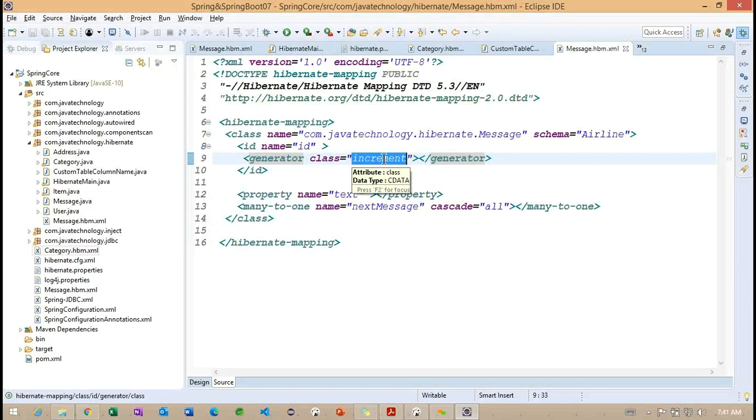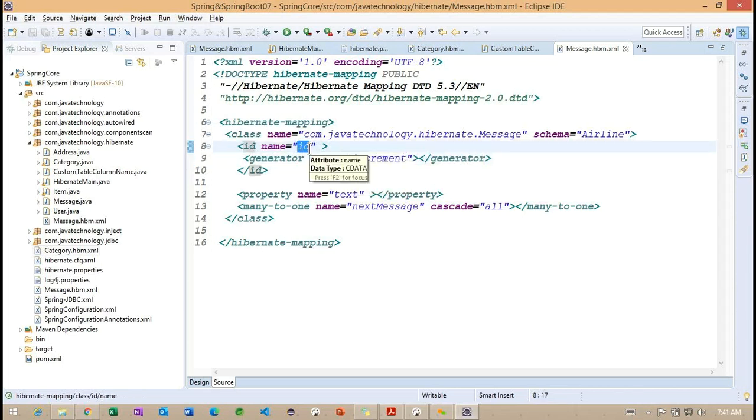Getting the point. So first, what exactly is it doing here? It will try to load the maximum value of this particular primary key, and based on this maximum value of the primary key, internally it is going to add one, so that the incremented value is going to be added into the newly created record. So whatever new record we are trying to create here, with the help of this increment, the incremented value is going to be added into the particular primary key. So in our example here, ID.